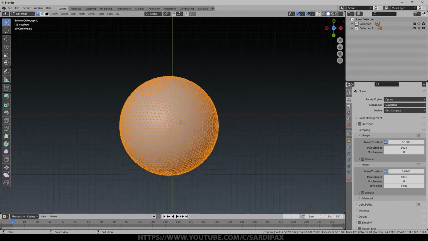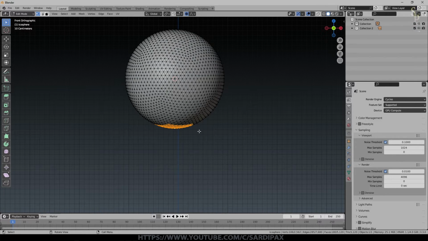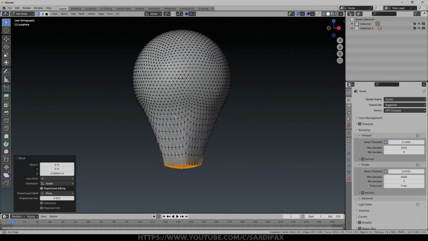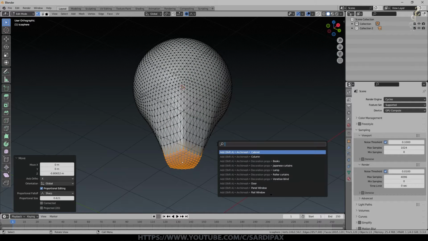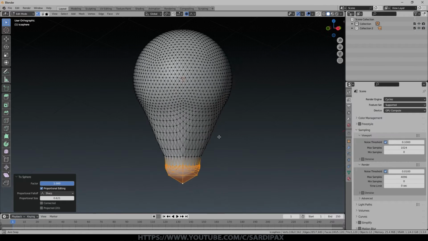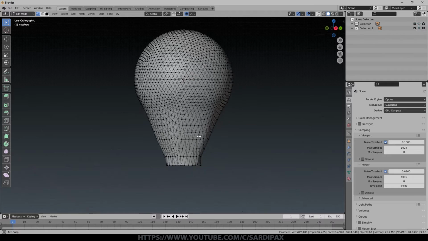I'm going to look from below and just select that central vertex, and then just Control plus to select some more, and then press O to turn on proportional editing, and then G Z to start to pull that down. I think we'll use sharp. And we'll go with that for the moment. And I'm going to press F3 and say To Sphere just to get that bottom part rounded off, and then Control minus and X and delete those vertices.